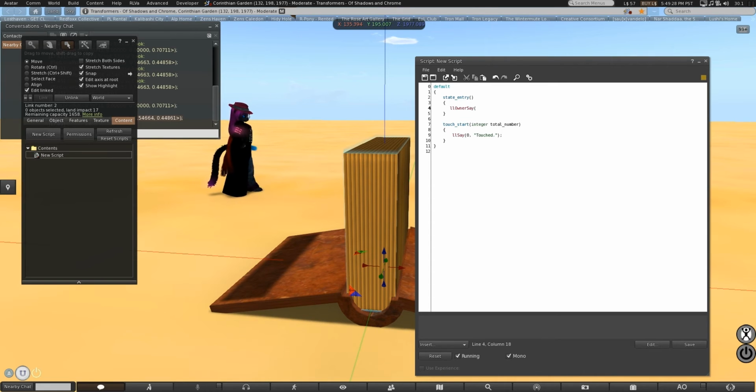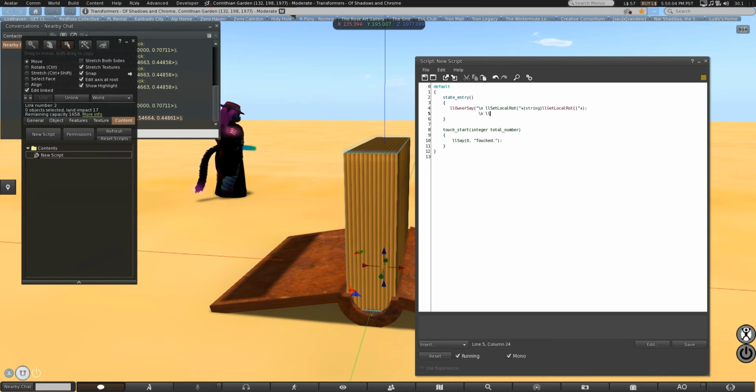So owner say, quotation mark, \n for the line break, set local rotation, get the data, get local rot, close that one off, add another line break. If it makes it a little easier for you to visualize, you could do it that way. Then LL